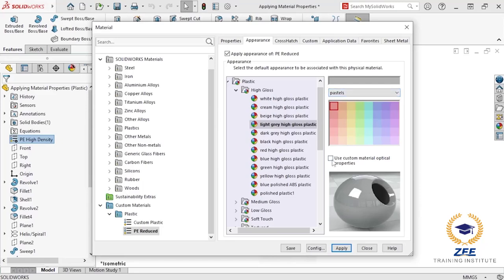and I can choose whether to use the custom material optical properties. Notice that selecting any of these colors in the palette will update the color swatch above the custom colors drop down, while selecting an appearance from the tree on the left updates both the color swatch and the material preview in the lower right corner. For this example, I'll select the high gloss plastic option from the high gloss subfolder in the plastic folder in the tree. Leave the optical properties checkbox clear, and when I click apply,